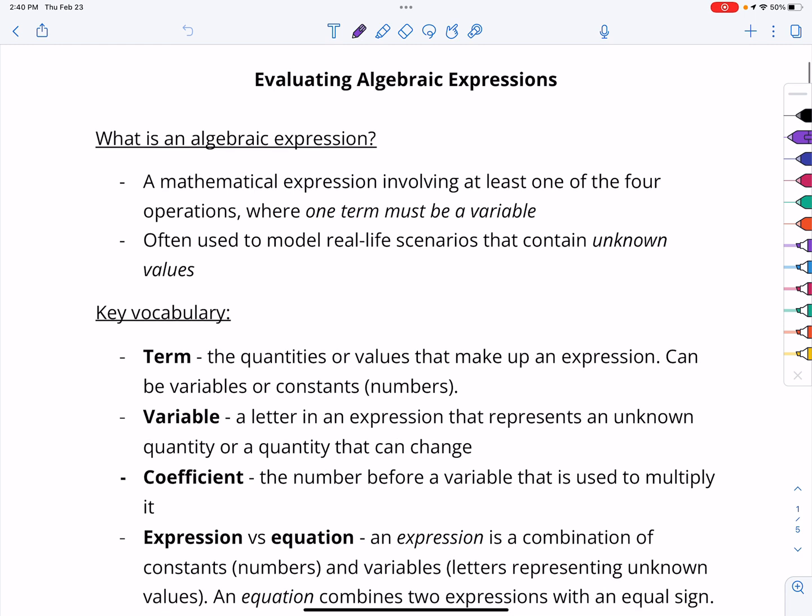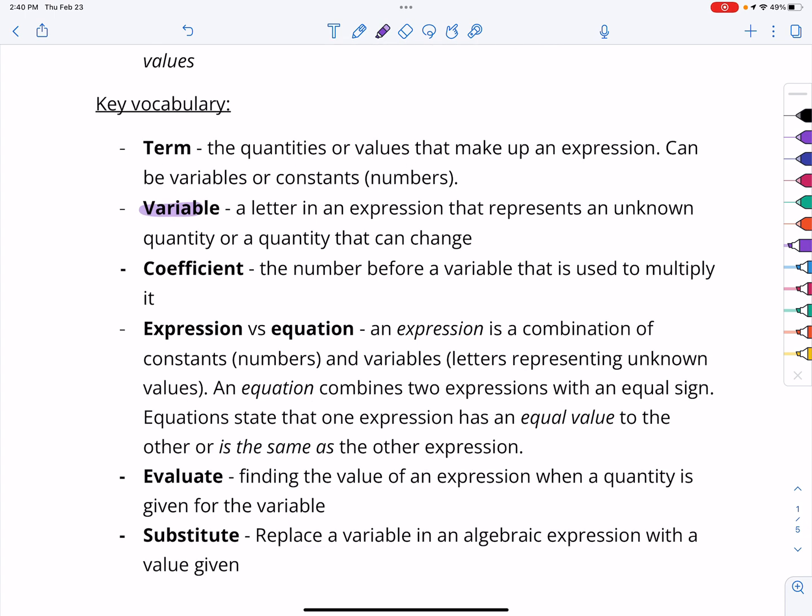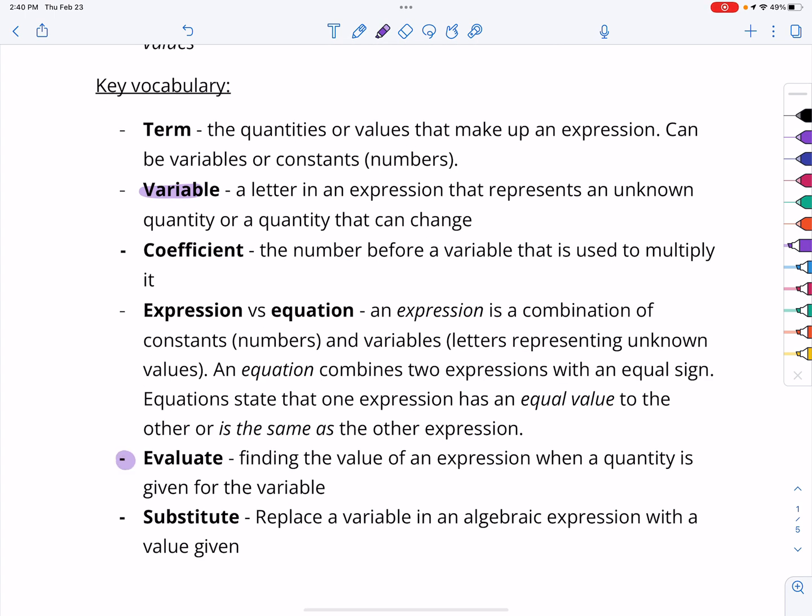Just to refresh your memory, an algebraic expression is a mathematical expression involving at least one of the four operations where one term must be a variable. So we are talking about variables that represent unknown quantities, and then we'll also have some other calculations we have to do. New to this video are these last two bullets down here, where we are going to be